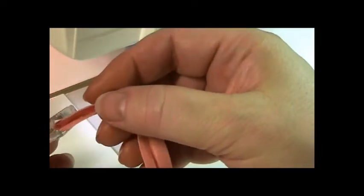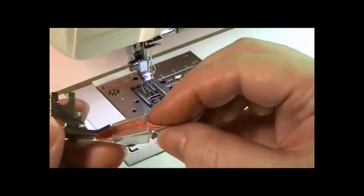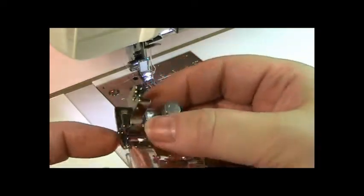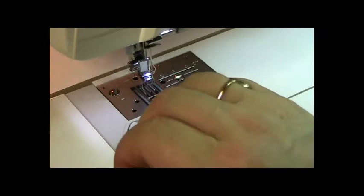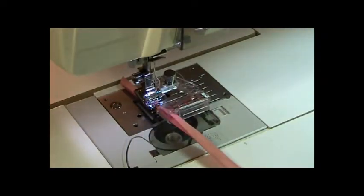And place it into the machine. See how it goes right there. I'll pull it under. I want to tighten this screw so that it fits snugly but doesn't roll. There we go. Now this foot has its own ankle, so you have to remove the snap ankle from the machine. Okay, the next thing I want to do is move this needle position